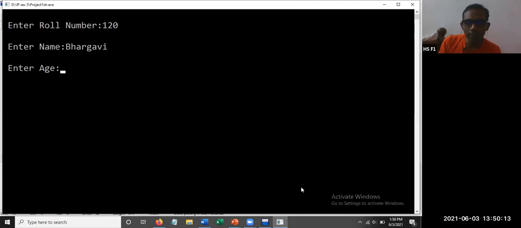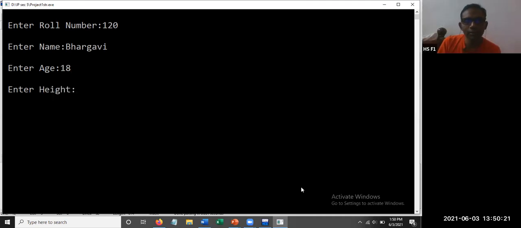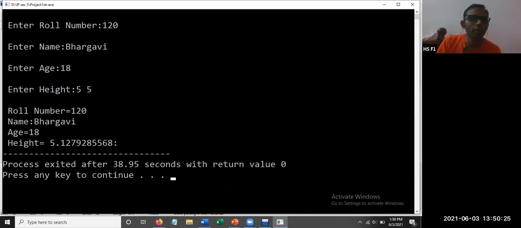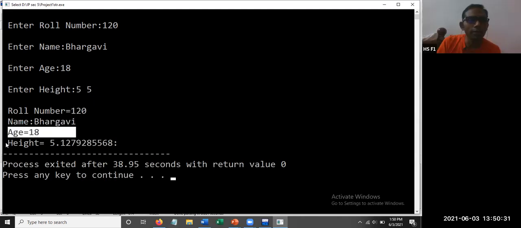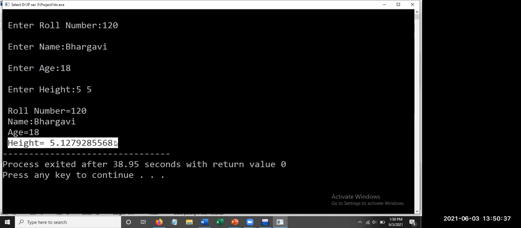Then age, Bhargavi? 18, sir. Then height? 5.5. Okay, so we got roll number as 120, name is Bhargavi, age is 18, 5.5 we have given. What happened to height? Oh, something wrong. Sir, you have given only inches, not feet.